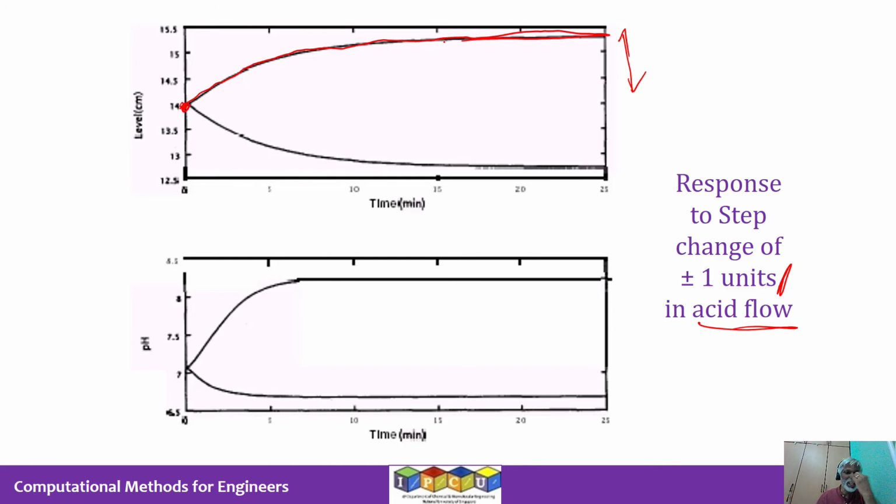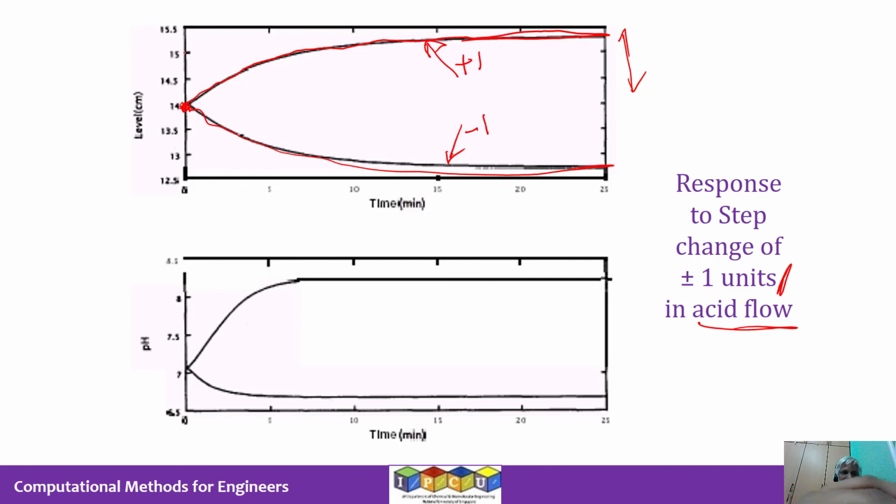When there is a change in the acid flow of -1 from the steady state value, you get this response that you see here. So this is a response to a positive change in the acid flow rate. This is the response to a change of +1 in the acid flow rate compared to its base value. This is the response of the system to a -1 change in acid flow. So what happens is, as you can see, the response is very symmetric, right?